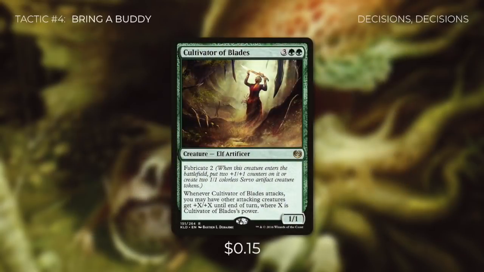Finally, there's Cultivator of Blades, which has Fabricate 2, so we have an option when it comes into play. If we need more creatures on the battlefield, we can choose to make 2 Servos. But if we need our creatures to have more power when they attack, we can put 2 +1/+1 counters on it. Because when Cultivator of Blades attacks, we can have other attacking creatures we control get +X/+X until end of turn, where X is Cultivator of Blades' power. So if we already have a board presence, Cultivator of Blades can really help us finish off the game by